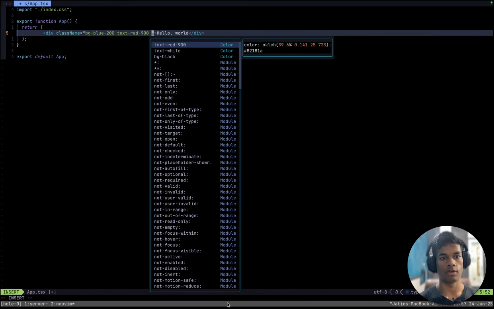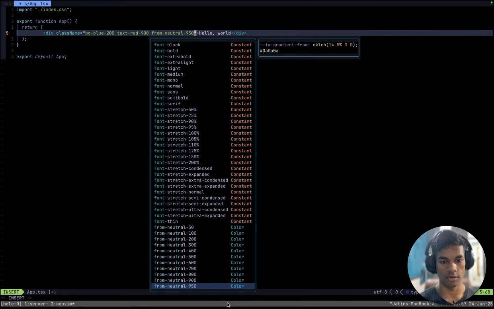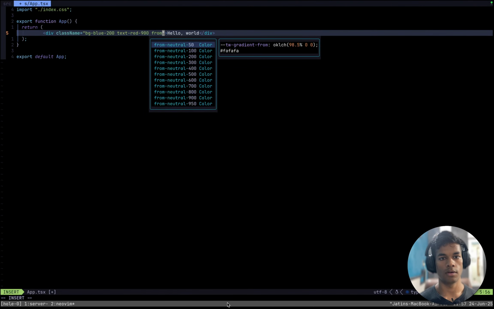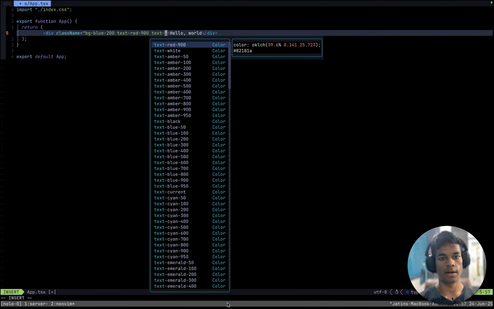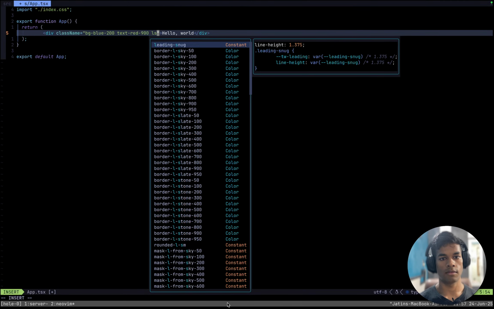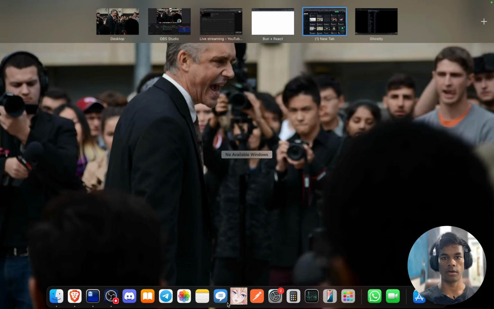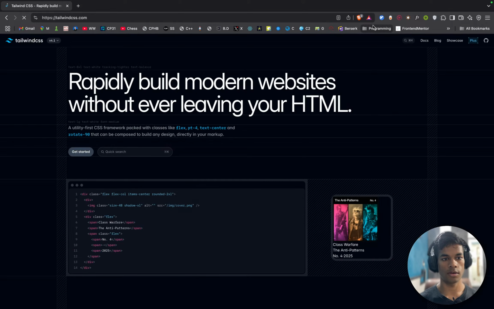I can increase the size, font, bold, light. How do I increase the size? Can stretch, or maybe it is something from text, large, XL. I can open Tailwind, not here, but in another window. Put this here. Go to this website and Command K,